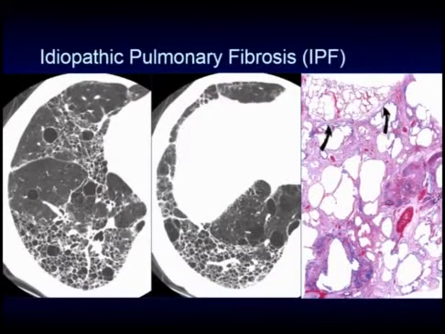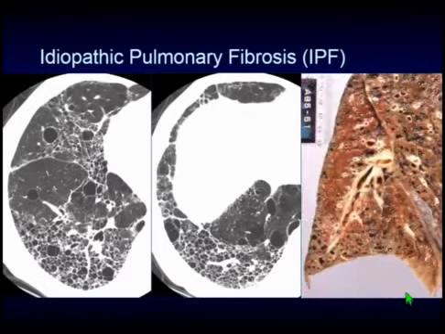So here we see just some additional images. And again, these are true honeycomb cysts. Again, very thick inter and intralobular septa, irregular, and within the center of that area is clear air density, not more gray density of lung. And here we see the histopathology that goes along with it. Again, the thickened septa. We see the fibrogenic foci and the honeycombing. And again, the gross specimen that the